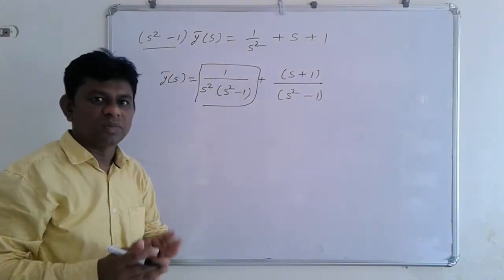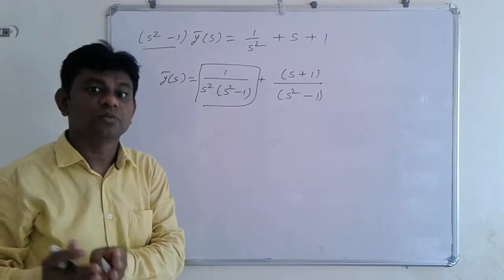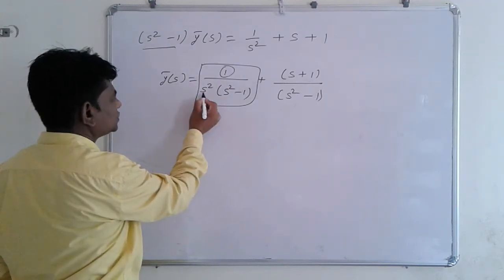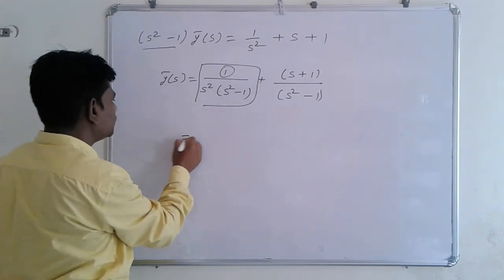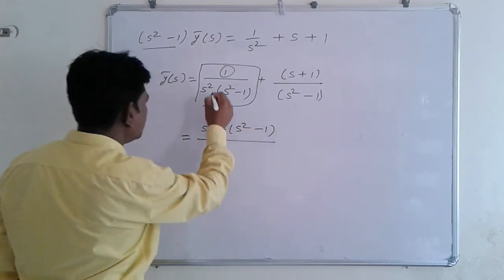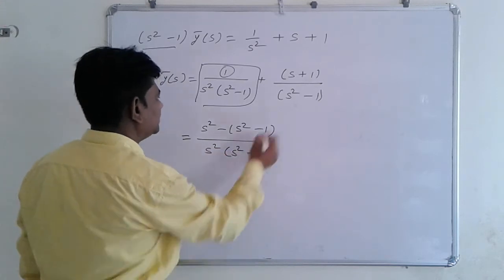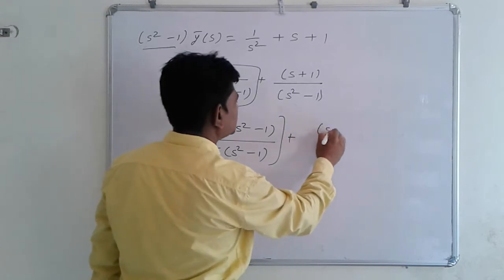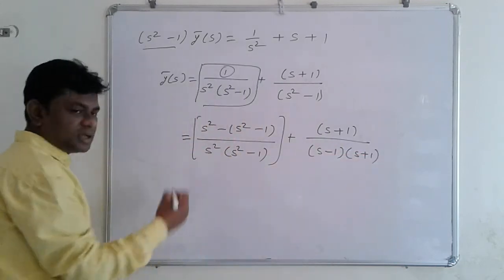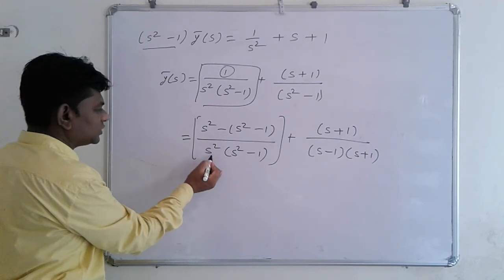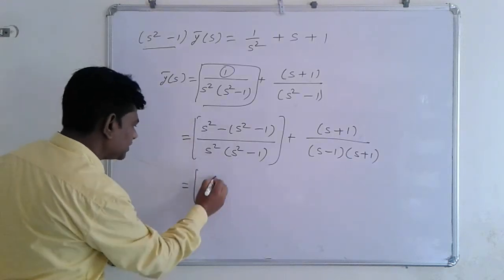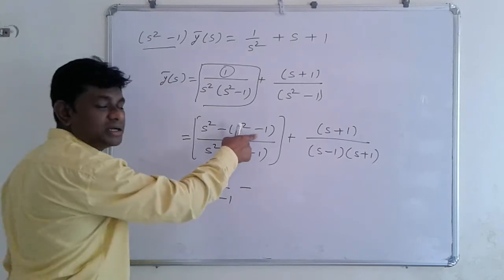But for simple calculation, I am going to tell you some easy tricks for partial fractions. Now here this one is the difference of these two factors, s square minus 1. So therefore we write this one as s square minus 1 upon s square times s square minus 1 plus this s plus 1, and here this s square minus 1 means s minus 1 times s plus 1. Now dividing this first term s square by s square times s square minus 1, this s square gets cancelled, the answer is 1 upon s square minus 1, minus